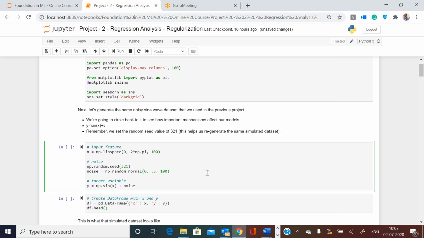We put 100 values in an array, not random values but linearly spaced. Then we used np dot random dot normal.